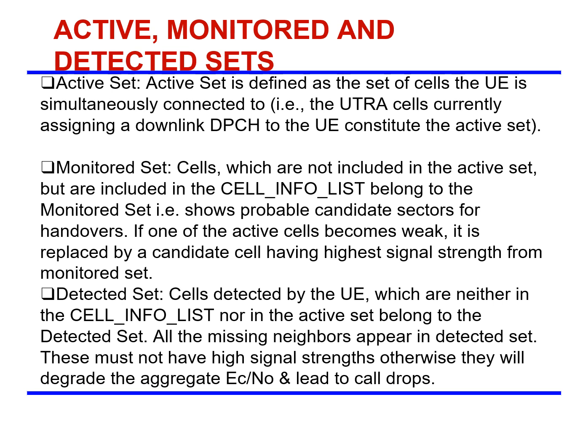If one of the active cells becomes weak, it is replaced by a candidate cell having the highest signal strength from the monitored set. Cells detected by the UE which are neither in the cell info list nor in the active set belong to the detected set. All the missing neighbors appear in the detected set. These cells must not have high signal strengths, otherwise they will degrade the aggregate Ec/No and lead to